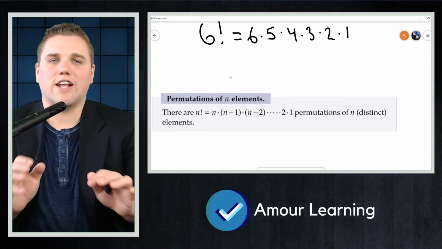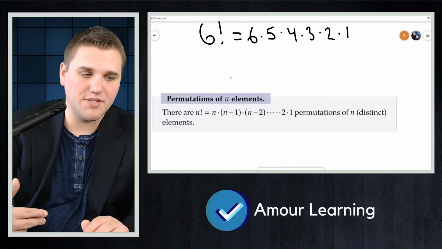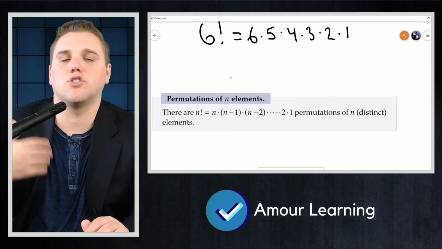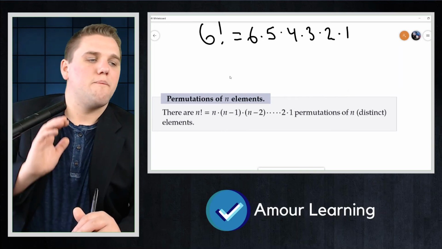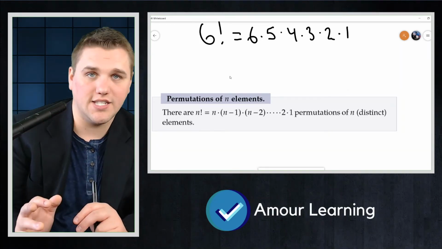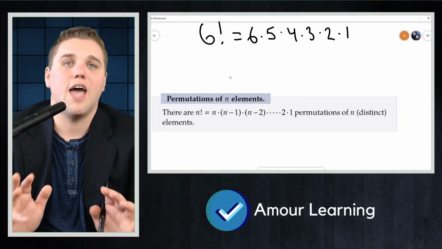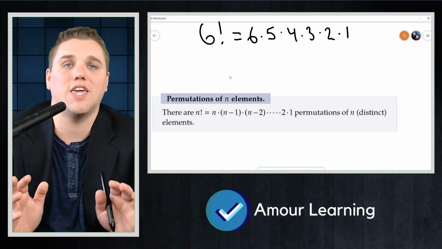There are N factorial, which is N times N minus 1 times N minus 2, all the way down to times 3 times 2 times 1, permutations of N distinct elements. So this actually gives rise to how we count the number of